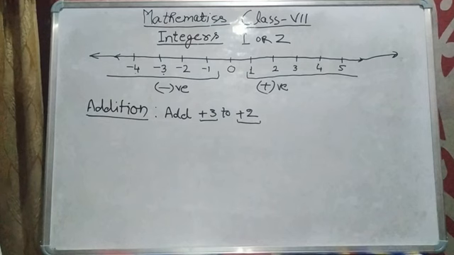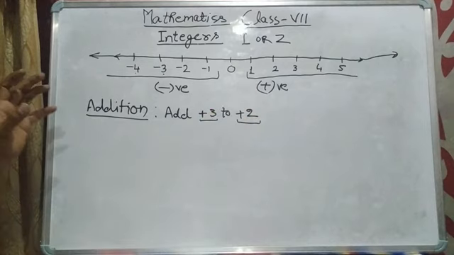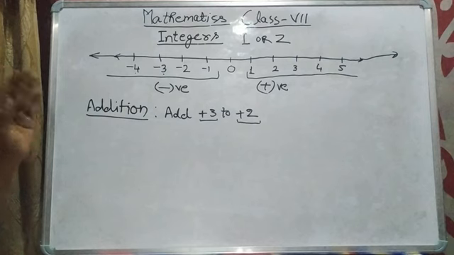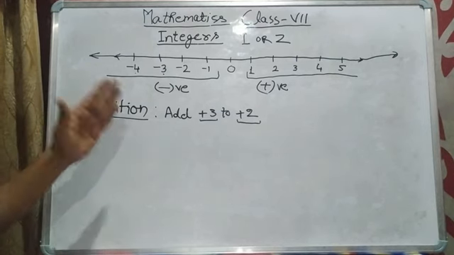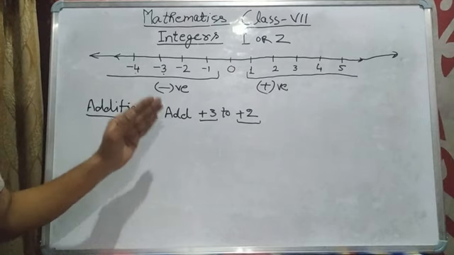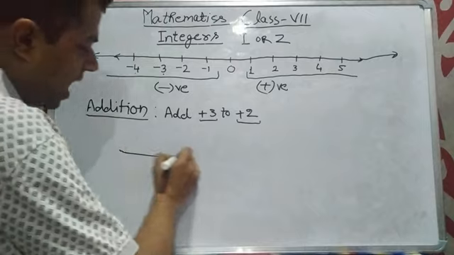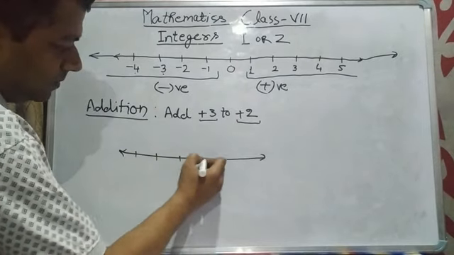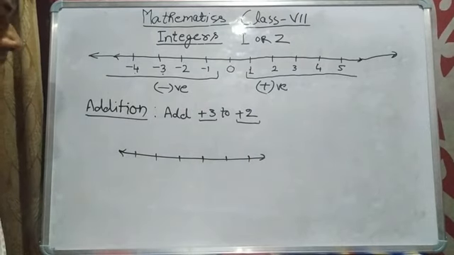So dear students, directly we can solve it. 3 plus 2, that is plus 5. But here we have to add by using the number line, because this concept is given in your syllabus. Through the number line we will add this to this. Now see how to add on the number line. Keep remember about the number line. This is the most important point.